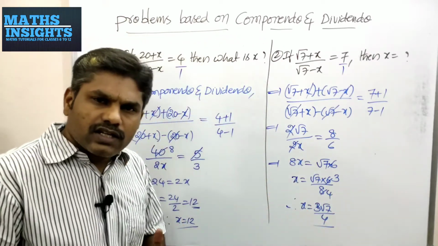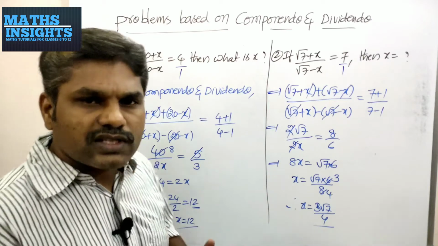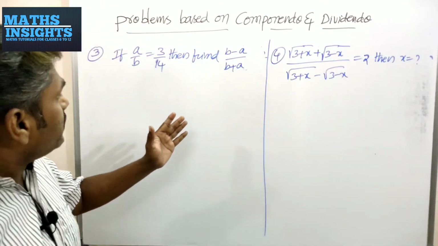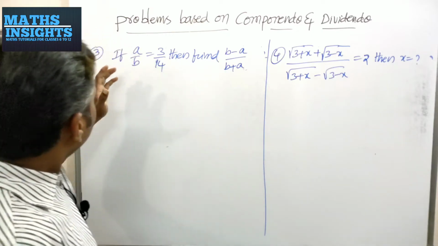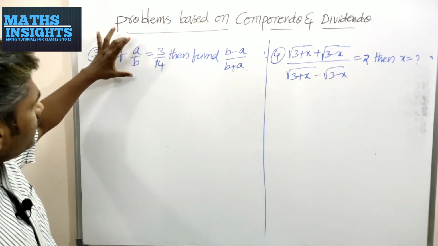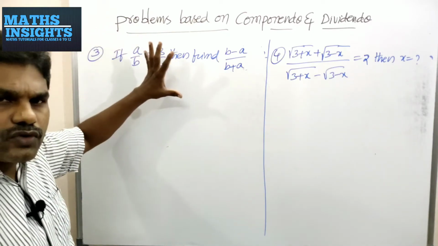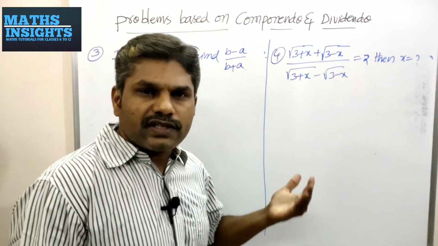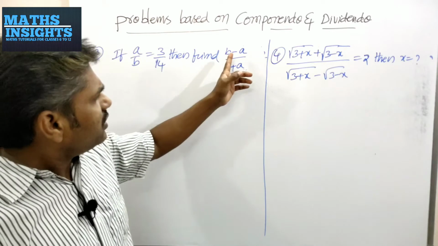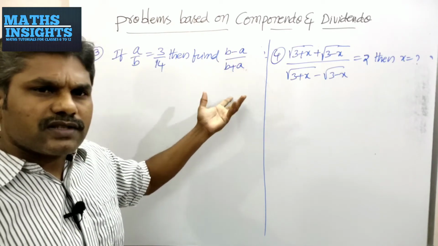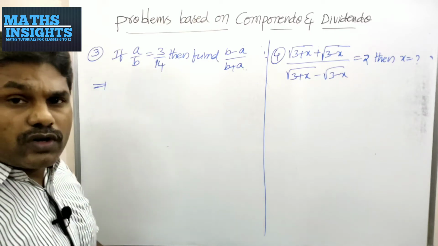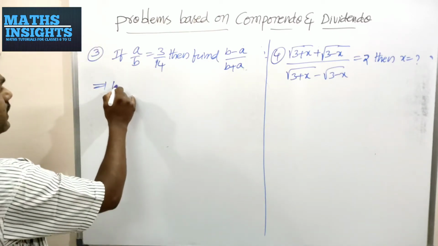Now I will take two more examples based on the same technique. Okay, these are the next two problems I have taken to solve based on this. See, they have given the ratio of A and B, A by B is equals to 3 by 14, then find, they are asking B minus A by B plus A. Very simple, you are seeing minus and plus, then automatically do componendo and dividendo, okay,